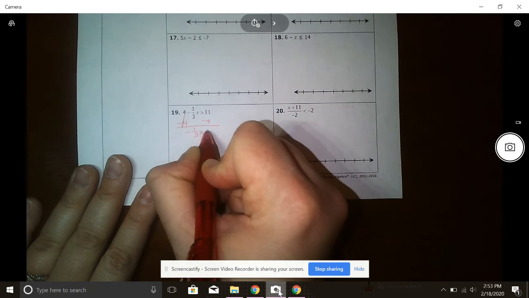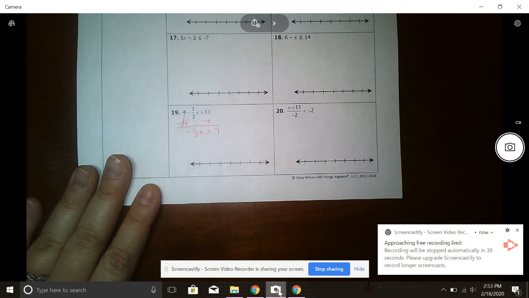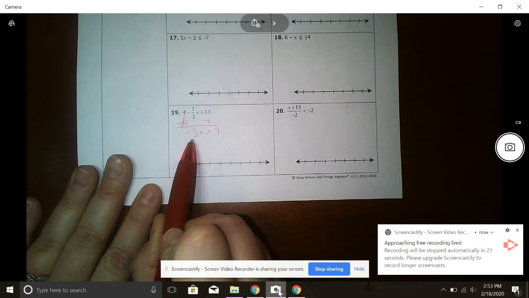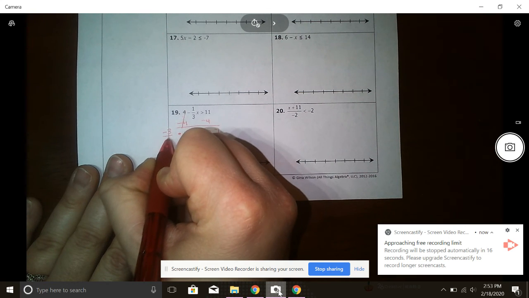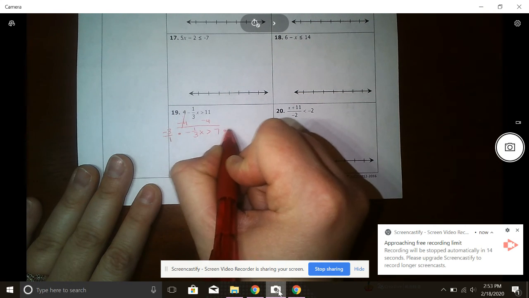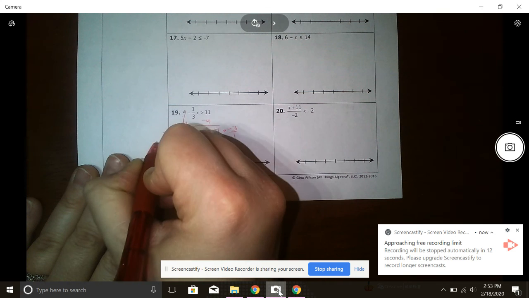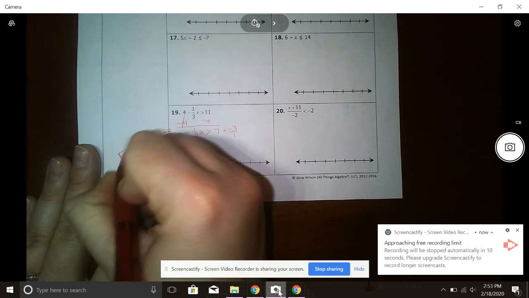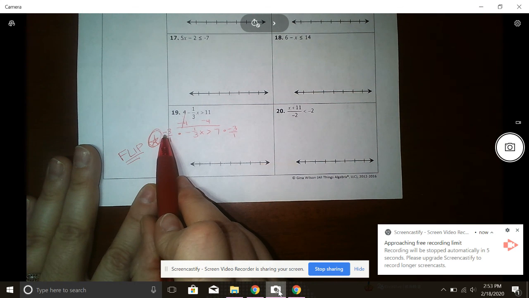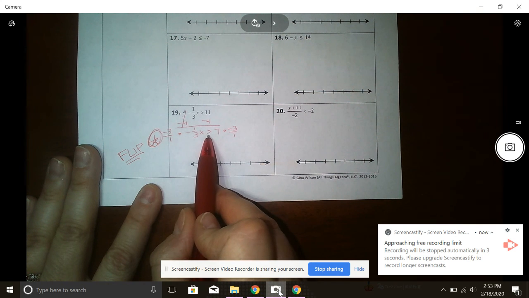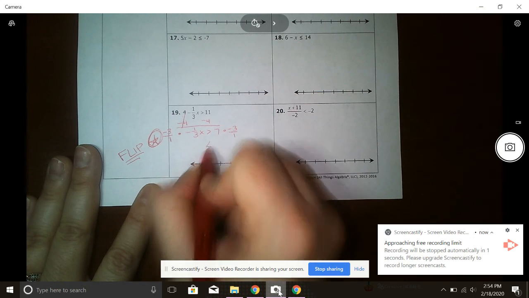Subtracting is not a reason to flip your inequality sign, so it remains a greater than. If you remember from our study on solving equations, the easiest way to get rid of a fraction is to multiply by the reciprocal, and I want to put the negative on the 3. Ding, ding, ding. This is a flip moment. If you multiply by a negative number, you must flip your inequality sign. The reciprocal